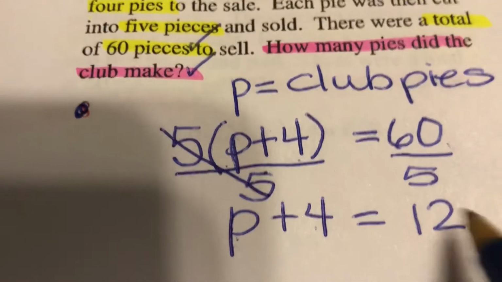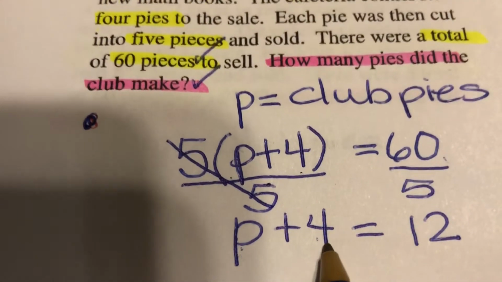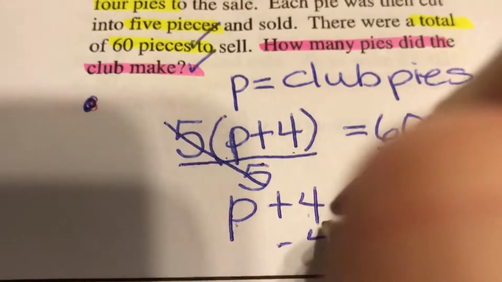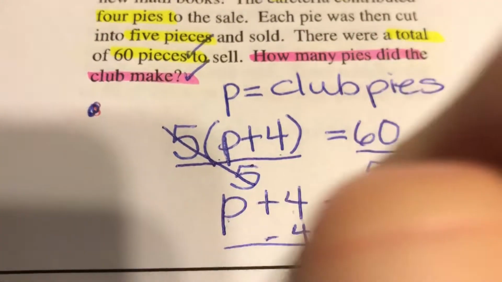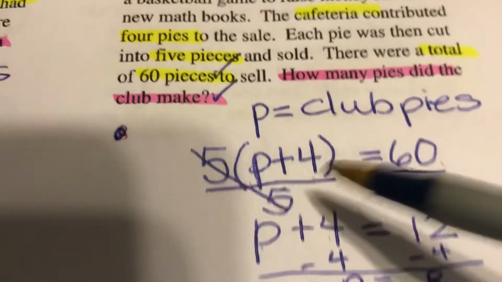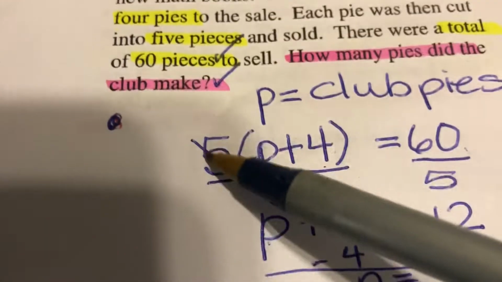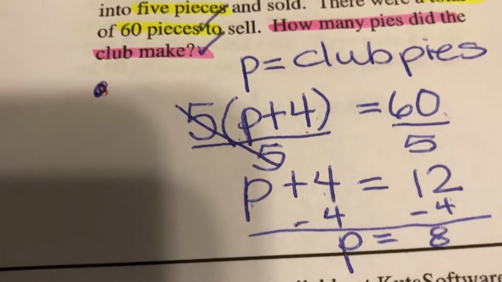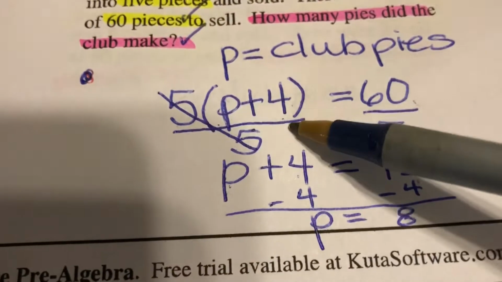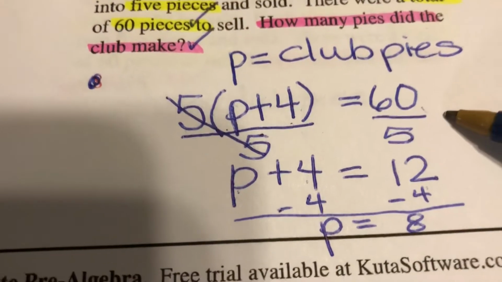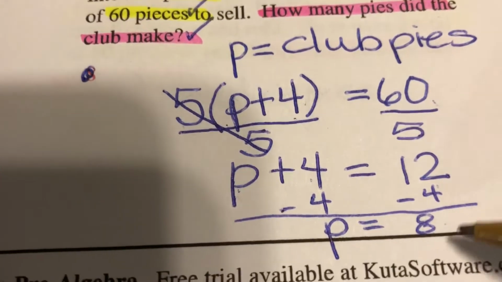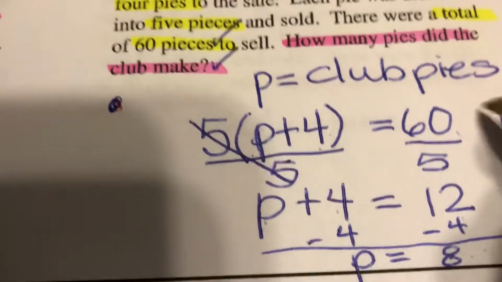So then I have p plus 4 is equal to 12. So the club's pies plus the 4 cafeteria pies made them have 12 pies in all. So I'm going to subtract out the 4 cafeteria pies, and I'm going to get that the club made 8 pies. And if I check that out, 8 plus 4 is 12 times 5 slices of pie is equal to 60. If I had worked it the other way and distributed, I would have gotten 5p plus 20, and I would have subtracted 20 from both sides and got 5p equals 40. 40 divided by 5 would have brought me back to my 8. So the club